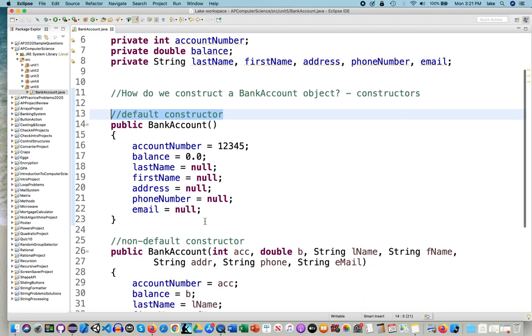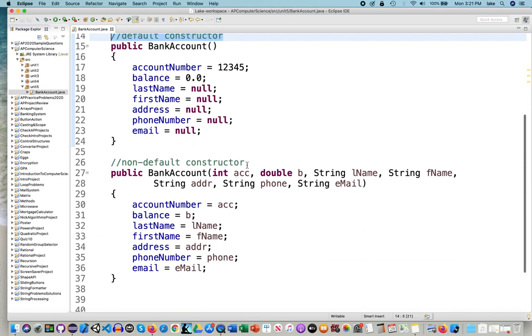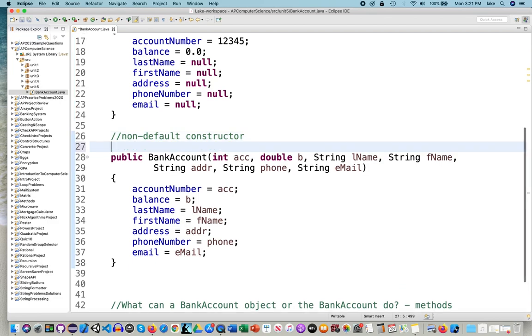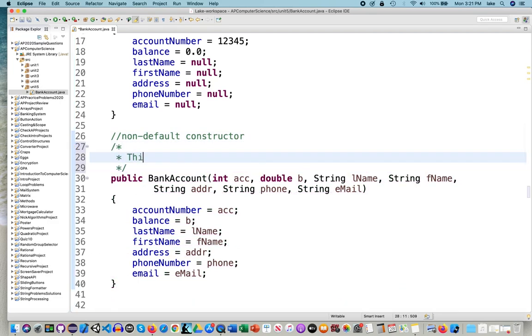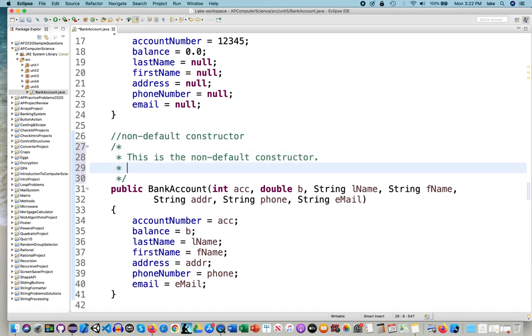We could also use a paragraph style. Backslash with a star and hit enter. It finishes it for me. This is the non-default constructor. Okay, so I can make any amount of notes that I want here to comment my code, but there's something